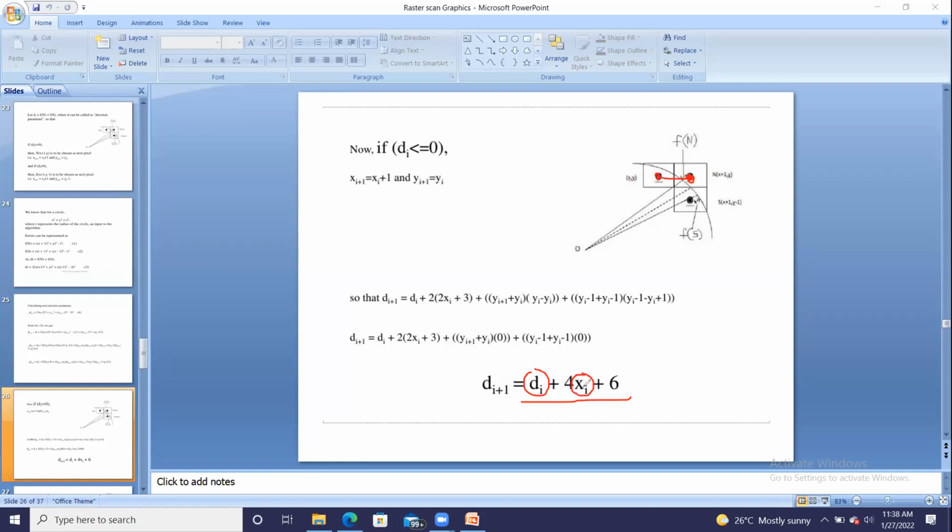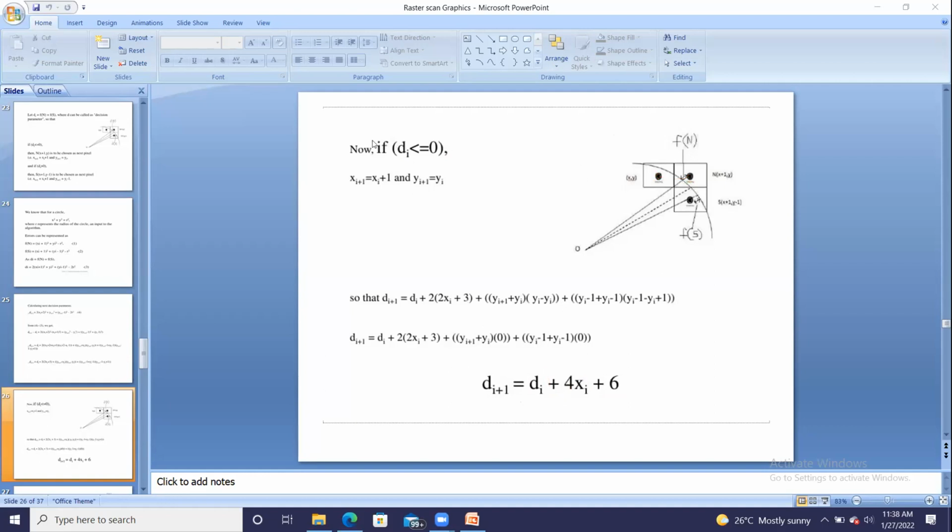Why only the x factor? Because I am moving horizontally, so only x is changing. I am moving horizontally, that means only x changes, y will not change, and that's why DI less than or equal to 0 means you have to move horizontally, and your new DI factor will be DI plus 4xi plus 6. Okay, then